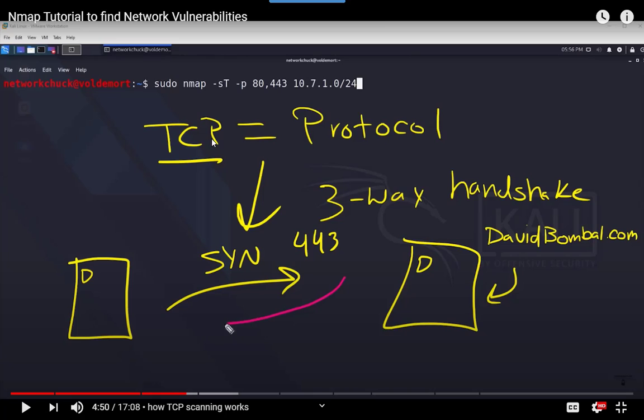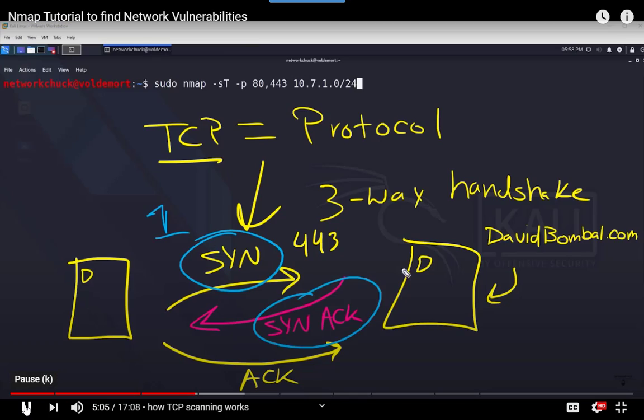So that's the beauty of the TCP protocol, is that it provides you feedback if the host is responding. It's not like UDP, for example, where it only goes out there and good luck if it got it. TCP goes out there and does the little handshake and comes back and says, yep, I am awake, I am here, I'm ready to talk. This is referred to as a SYN ACK. And I'm like, yeah, let's talk, let's do this. So I respond back with an ACK. Yeah, I'm here, I'm ready, let's talk. Three-way handshake. And this is what Nmap uses to see if the ports are open.